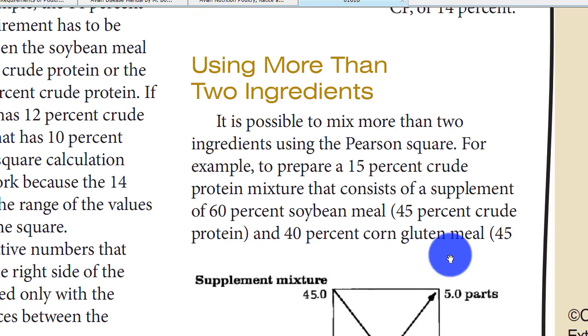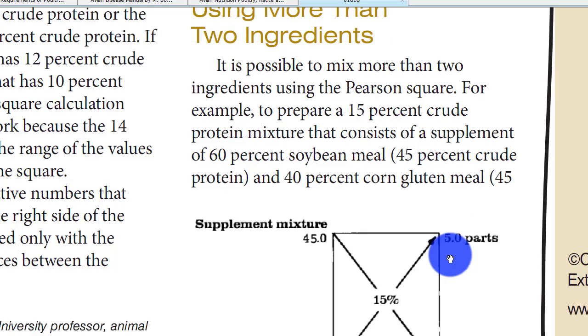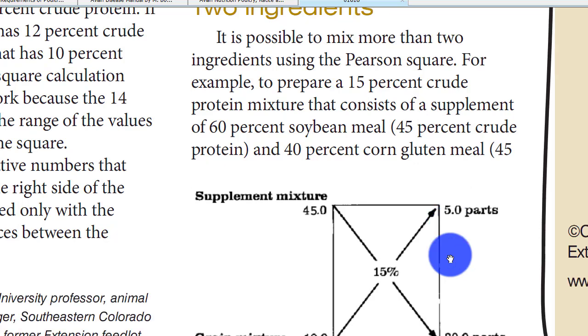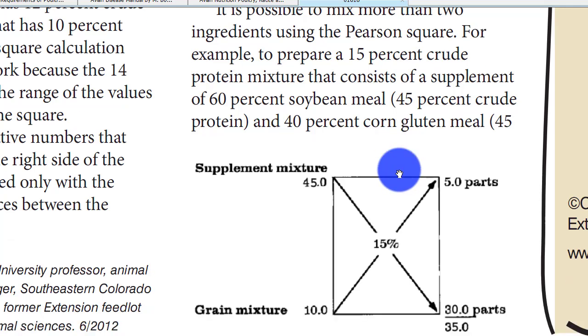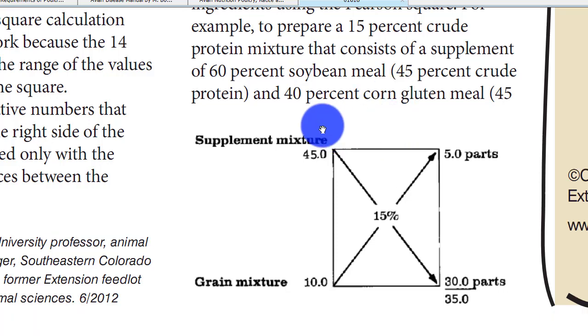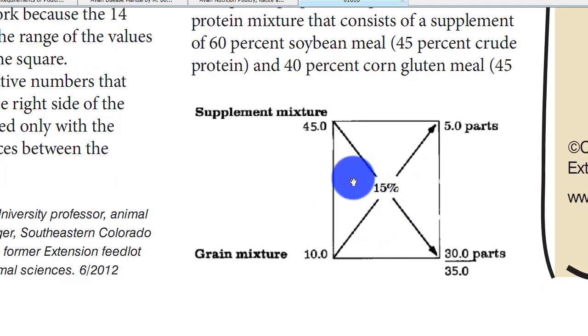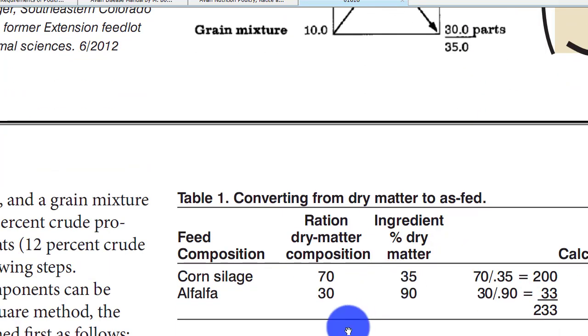Using more than 2 ingredients, it's possible to mix more than 2 ingredients using the Pearson square. For example, to prepare a 15% crude protein mixture that consists of a supplement of 60% soybean meal, 45% crude protein, and 40% corn gluten meal. Supplement mixture here 15%, here supplement mixture, grain mixture, here 5%, here 5 parts, here 30 parts, and we complete the